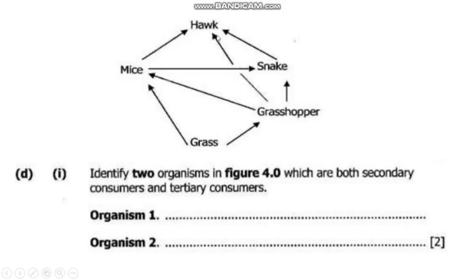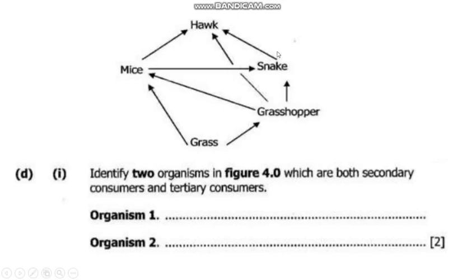Then the snake will be eaten by the hawk. So the hawk here will be the tertiary consumer, which will feed on the secondary consumer. Here we are seeing that the hawk again will feed on the grasshopper. Then the grasshopper will be fed on by the mice, and the mice again will be eaten by the snake. Again, the same mice can eat the what? The grass. So here we are able to say that the mice will act as a secondary consumer and